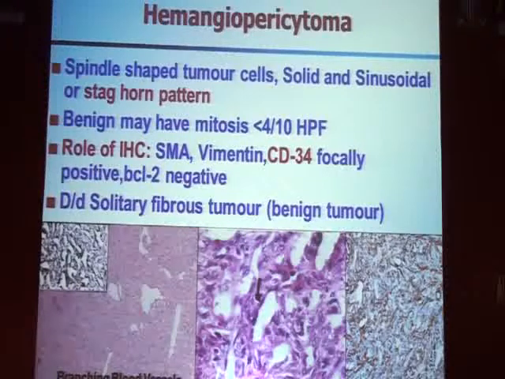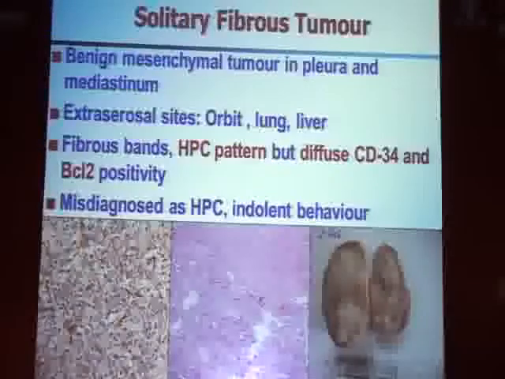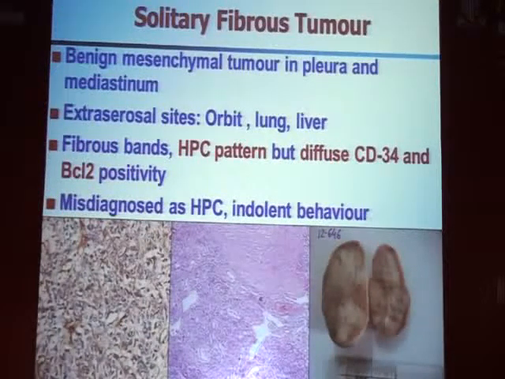Now, a very important differential diagnosis for pathologists is the solitary fibrous tumor, which mimics hemangiopericytoma, but it has a much better prognosis. So, how do we differentiate it from hemangiopericytoma? On gross examination, you can see they are not so violaceous. They are more fibrous appearing. The reason is that on histopathology also we have these bands of fibrous tissue, and then we have to resort